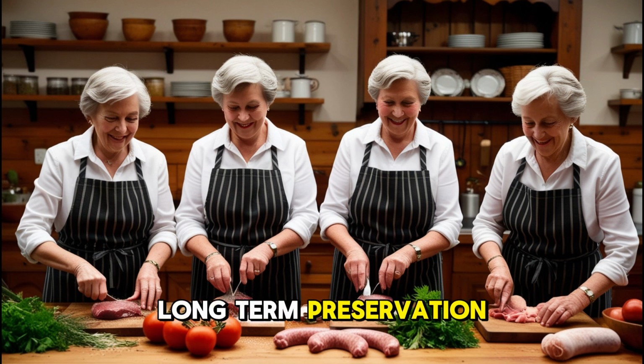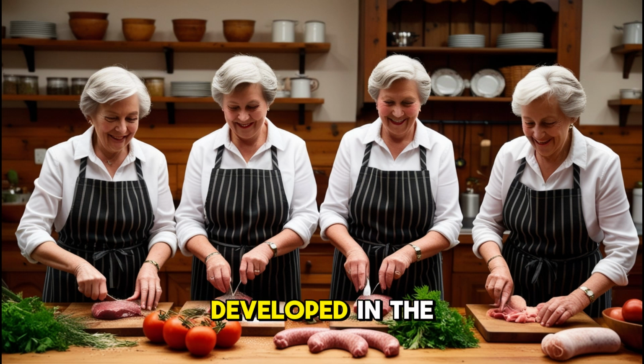long-term preservation. Blanching techniques were developed in the early 20th century. As freezing technology improved, it became clear that vegetables kept their flavor, color, and nutrients much better when blanched before being frozen. As food processing and home freezing became more common, blanching emerged as a necessary step to ensure high-quality